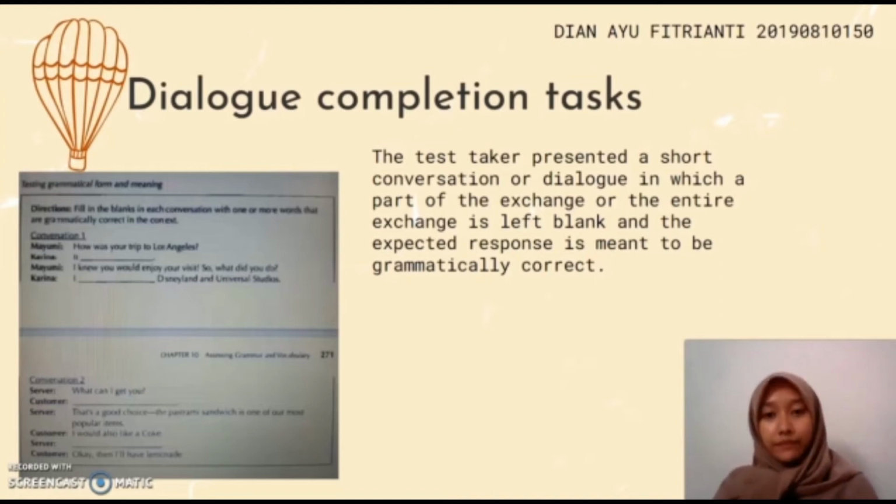In both examples, the correct response requires that the test taker understand the information in the conversation that is provided by the other participant. In the first of the two exchanges, the past tense marker was in "How was your trip to Los Angeles?" indicates to the test taker that the event is past and therefore the response must also be in the past tense. In addition, the test taker must understand that the response must be positive because the next part of the dialogue indicates a pleasant trip.